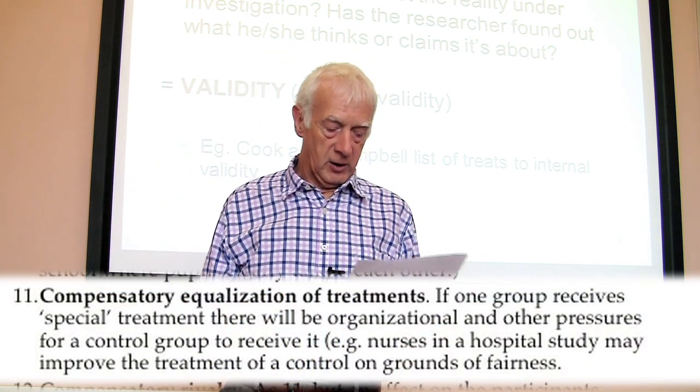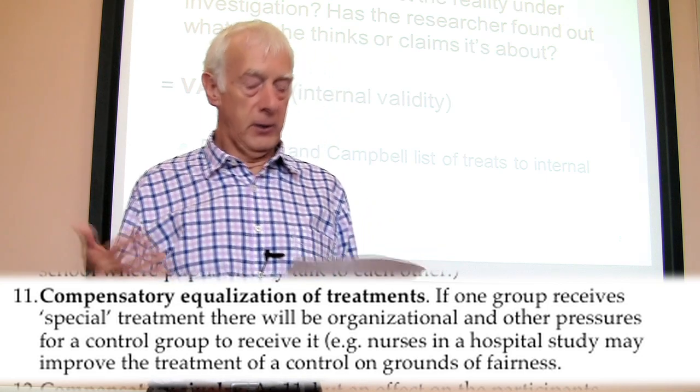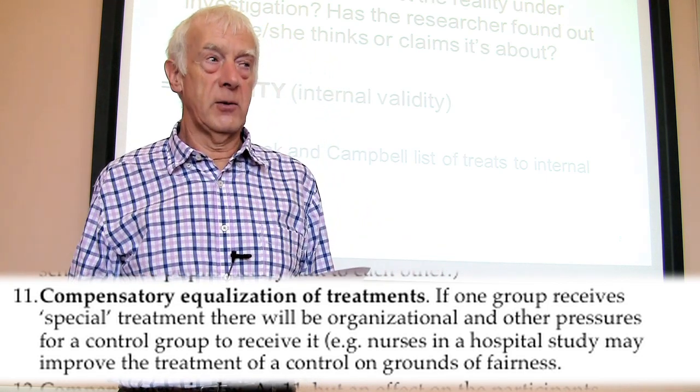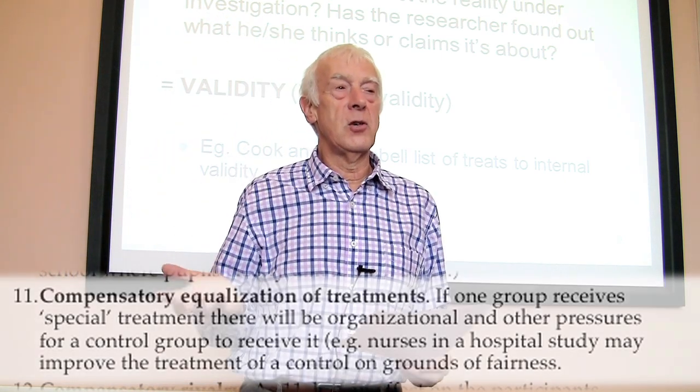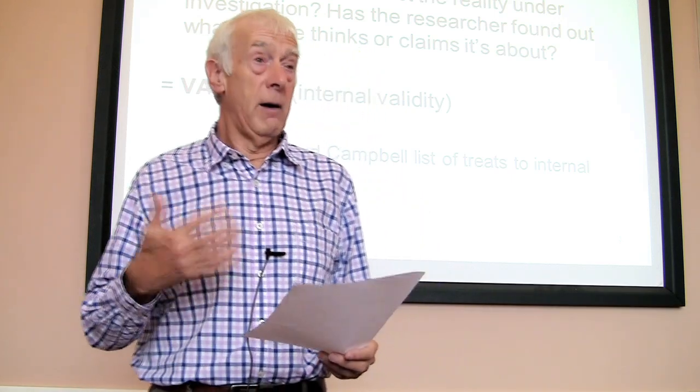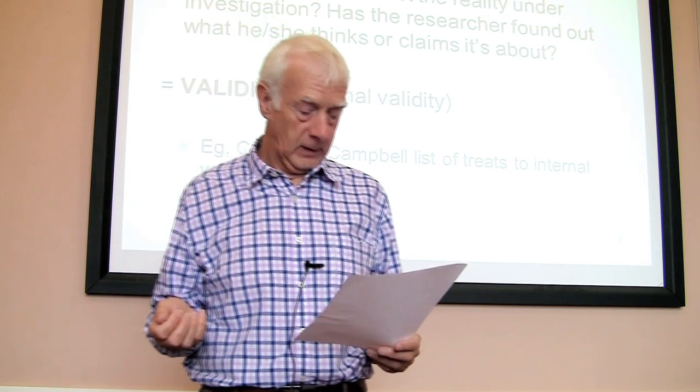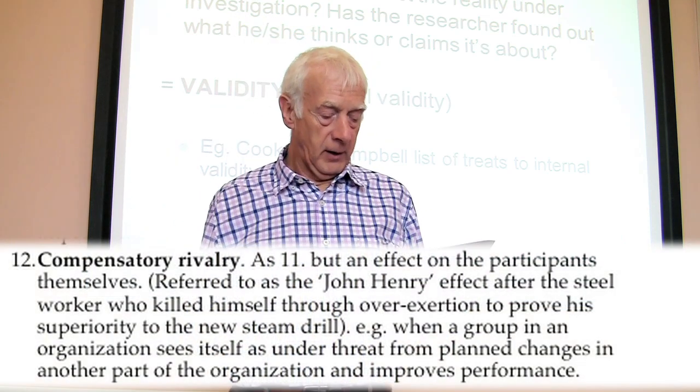Here's the example: nurses in a hospital study improve the treatment of the control group on the grounds of fairness. Of course, that's quite right. If they know it could be done better, then they should. And it's very hard to control for that. Another example of the same kind of thing is number 12,